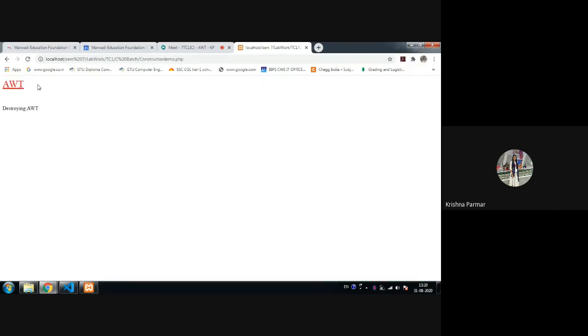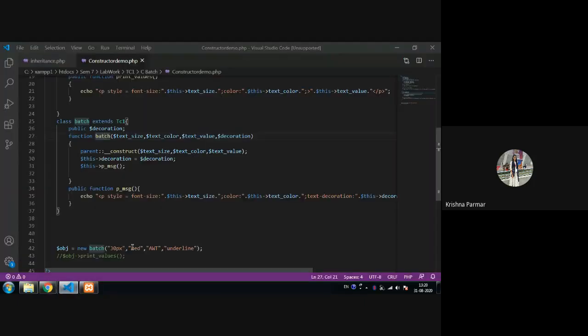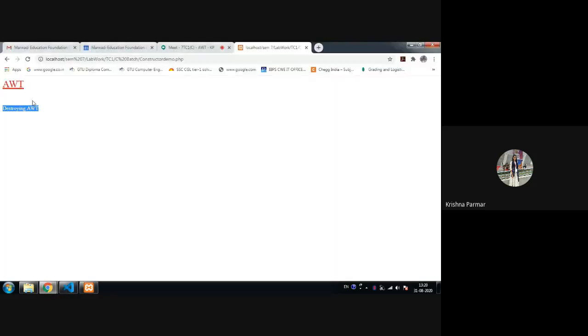As you can see here, AWT is underlined with red and destroying AWT, you can use it. If I'm changing the blue, or writing down here OP, through this object I can change everything.